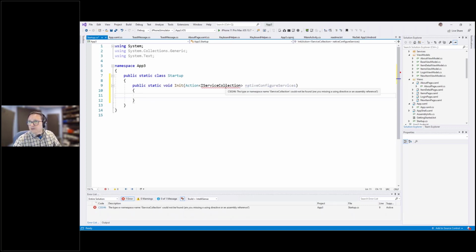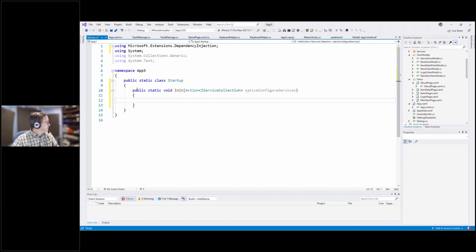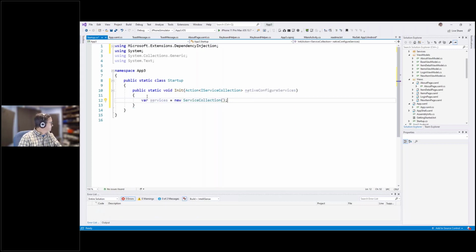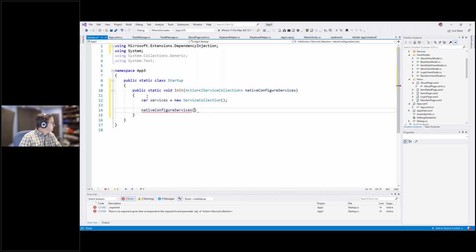It's called Init. IServiceCollection, so we need to bring that in. We're going to create a new instance of that, equals new ServiceCollection. And we're going to call native configure services with the services. And the way this will work is